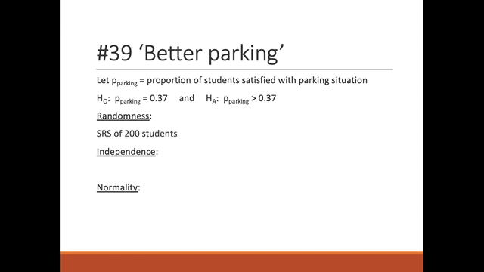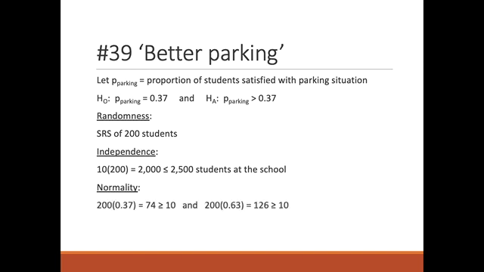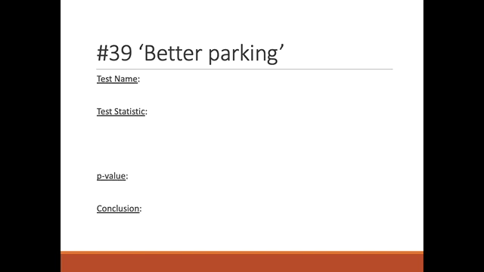So randomness is met. We have a simple random sample of 200 students. Independence is met. 10 times 200 is 2,000, and that's less than or equal to 2,500 students at the school. Normality is met. Again, notice we are using the 0.37 from the null hypothesis. So 200 times 0.37 would be 74. 200 times 0.63 would be 126, and both of those are greater than or equal to 10,